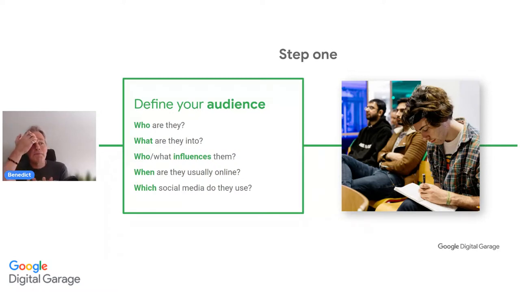And then which social media do they use? If they use more than one, what other social media would they look out for you on as well? All of this can help you. For example, if it's Facebook, and they're often on YouTube, they may be watching videos, and you could maybe create a video format for it as well. So you're making sure that you're reaching them in two ways.